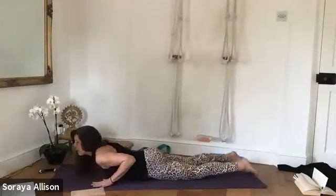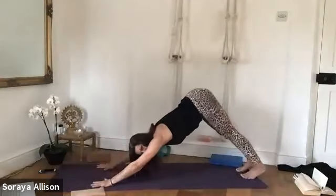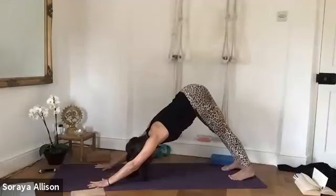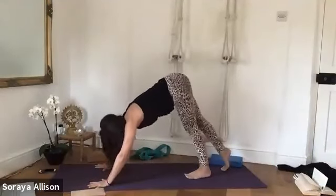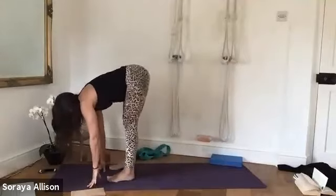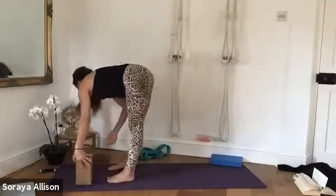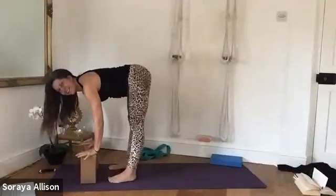And releasing, bring the hands under the shoulders, push up onto the knees, push back, down facing dog. And just walking the feet towards the hands, coming into Uttanasana, taking the feet a little bit wider than hip distance. If you need bricks, using the bricks under the hands,